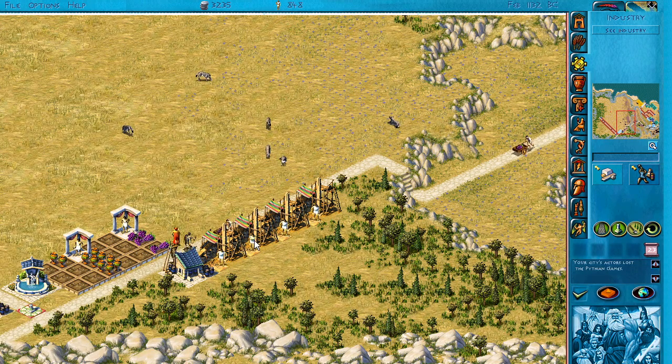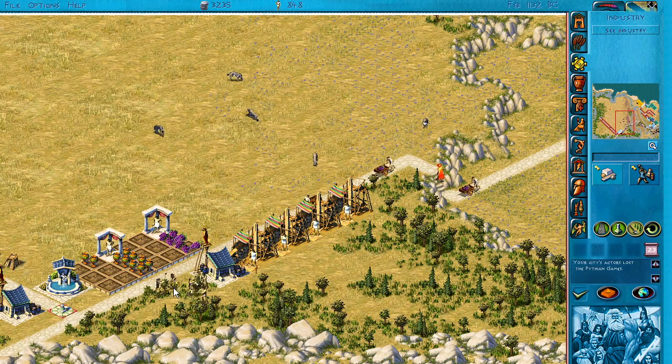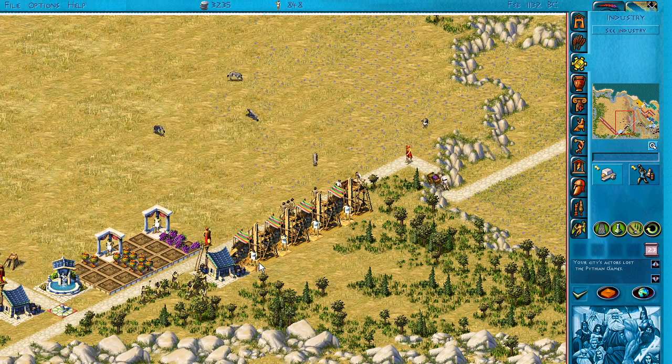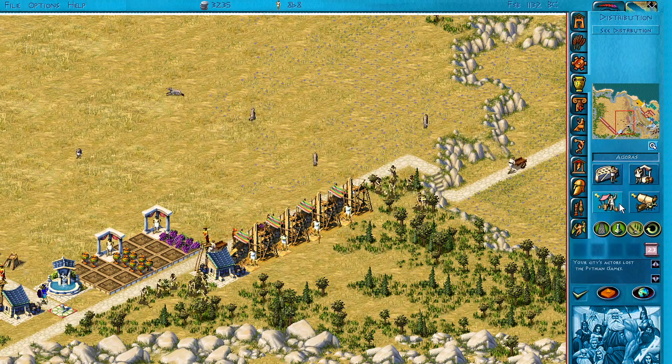So you see that these guys are flinging their yo-yos. They're just doing nothing. That just means idle. They're waiting for the other workers, these guys. I just hope that the tree I cut down is just a tree and not a tree nymph, Daphne, or an oak capable of prophecy. My job isn't easy. The lumberjacks need to cut this stuff, bring it to the shop, and then the other guys will get to work. And if you were watching closely, the marble masonry stuff was very similar too. Okay, so...